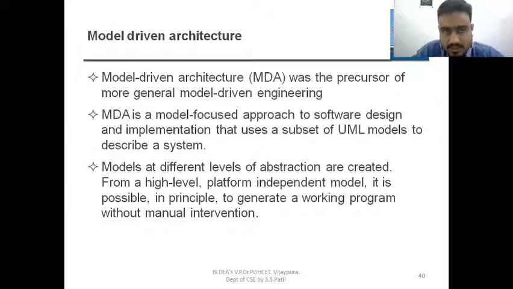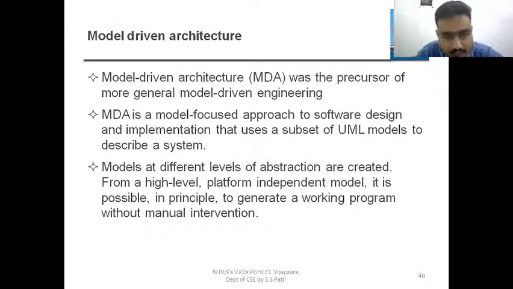Next, model driven architecture was the architecture for developing the small model, while you are going for the entire thing. At that time you have to focus on the UML diagram, activity diagram, state diagram, flow diagram, and scenarios. Models at different levels of abstraction are created.